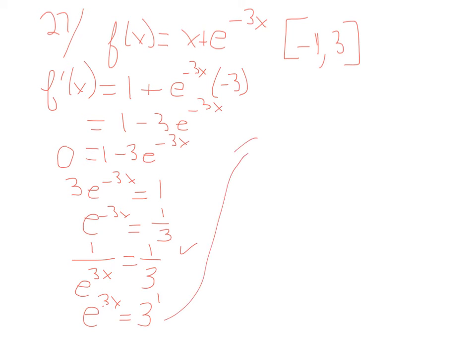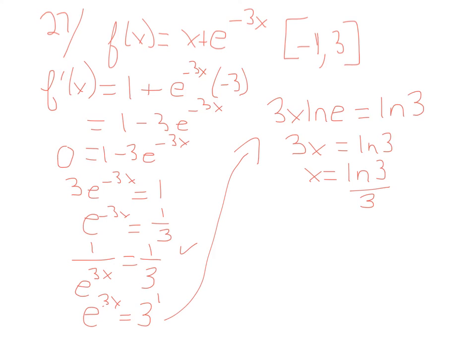So what we're going to do is we're going to multiply the 3x in front and take the ln of e. And then we're going to take the ln of 3 on the other side. Okay? So the ln of e is just 1. So we have 3x times 1 equals the ln of 3, or x is equal to the ln of 3 over 3. And what I would do is just leave it there,